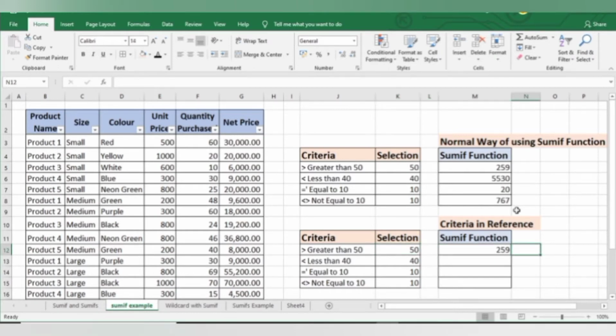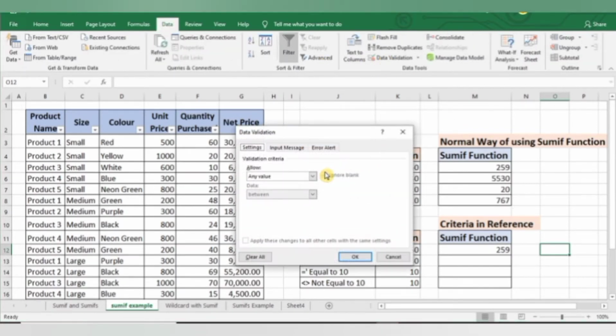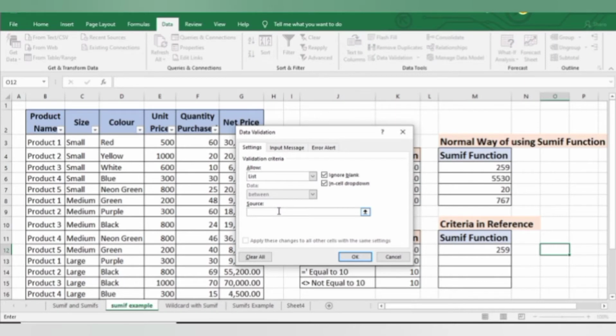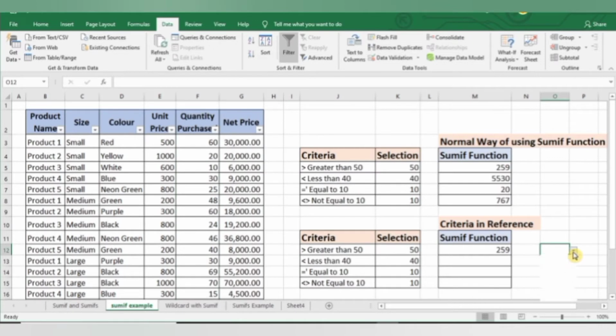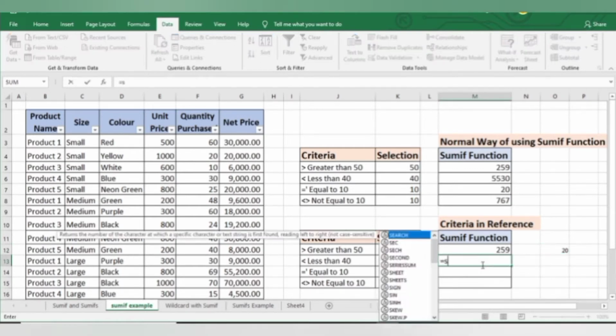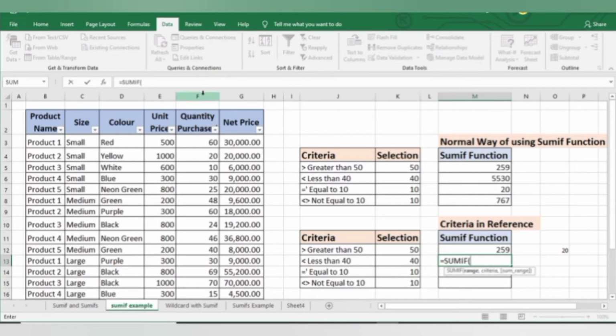Like here, if I go to data validation and then from here I'm selecting list, and now in my source I'm selecting this quantity purchased column and then press OK. So here I got all my quantities purchased in a list. Now if I select any quantity from here, let's say 20, and again if I use my formula equal to SUMIF and then my range is this and then comma, type greater than in double inverted commas and select this cell and then press enter. So it is showing me all the quantities which are greater than 20.